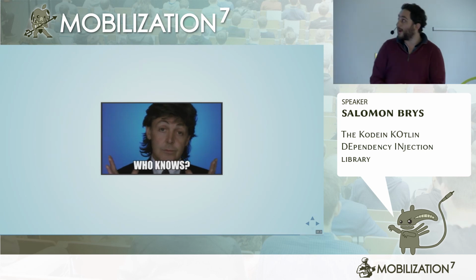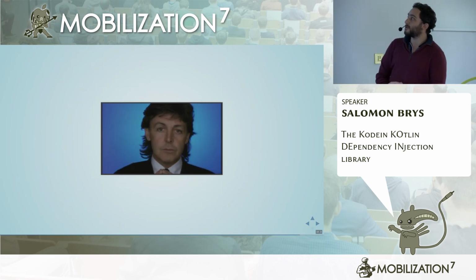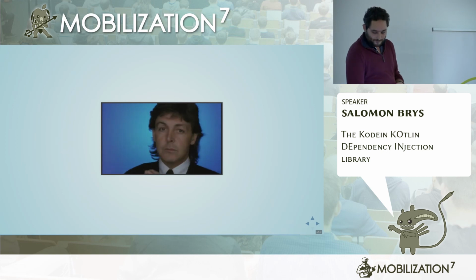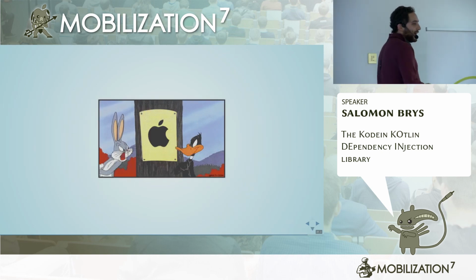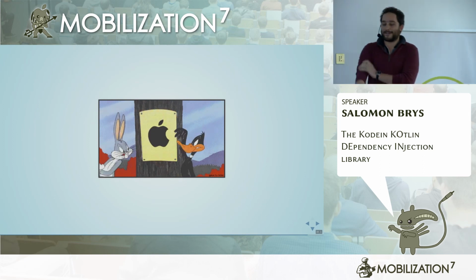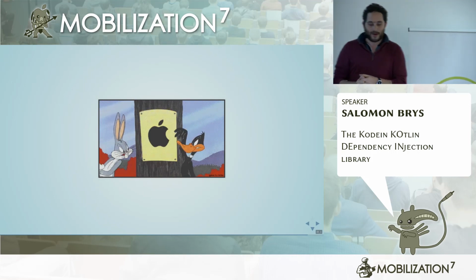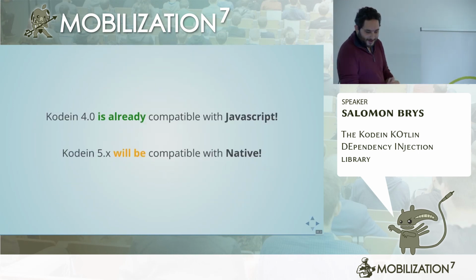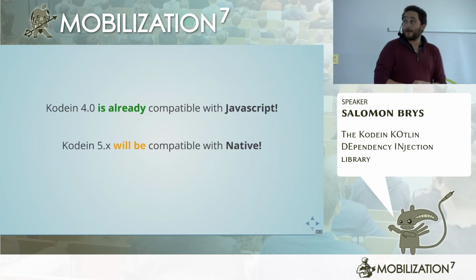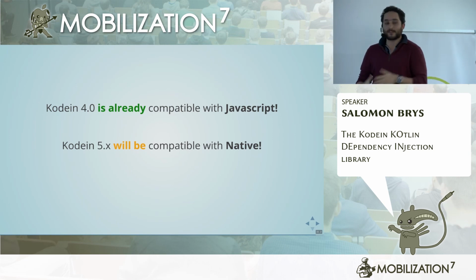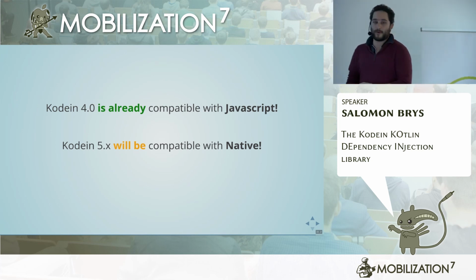And the question is, when will it release? And of course, the answer is, who knows? Finally, I've said that my ideal DI system should be compatible with another OS than Android. And let me tell you that Kodein 4 is already compatible with JavaScript, because Kotlin does compile to JavaScript, and Kodein 5 will be compatible with Kotlin native, which is really amazing because